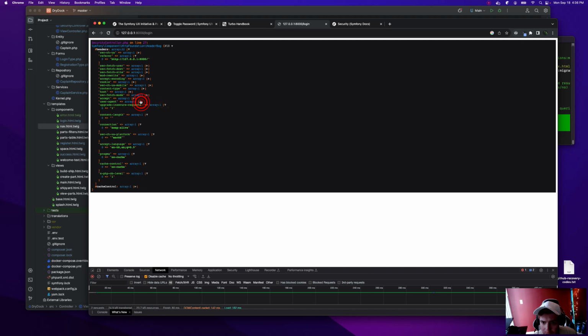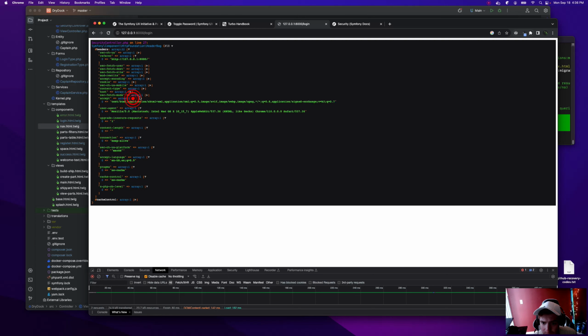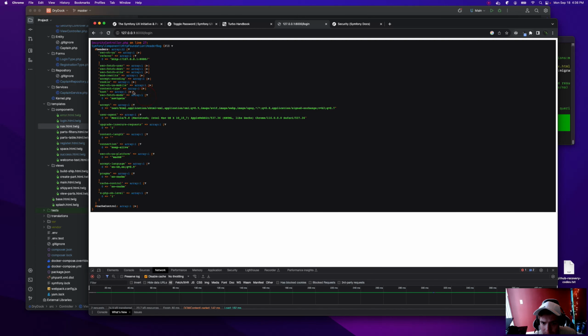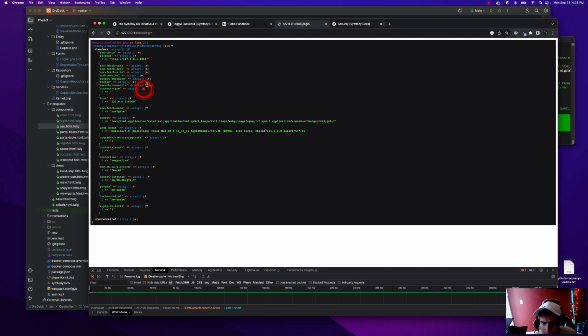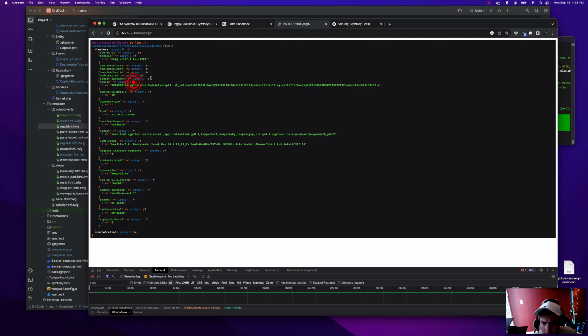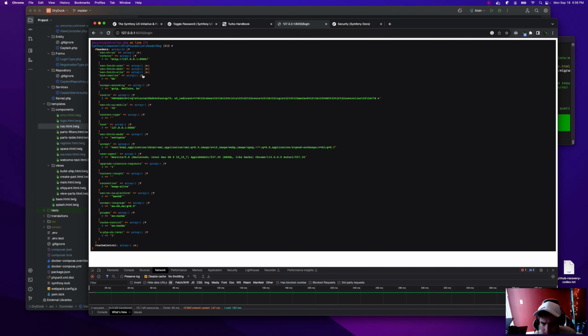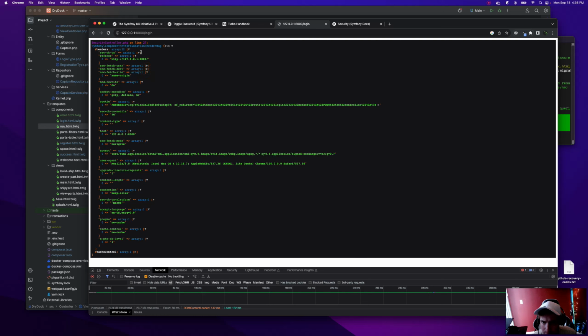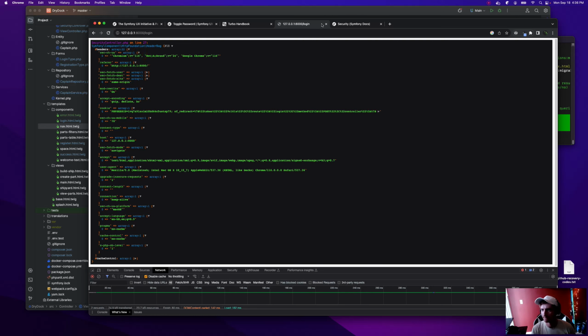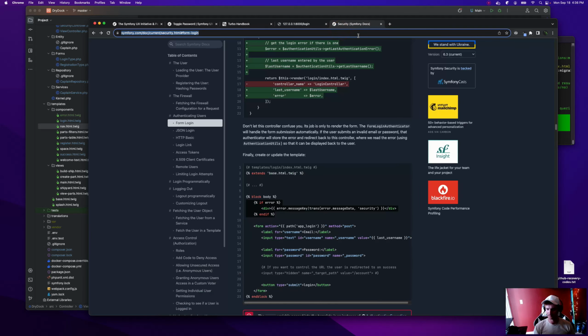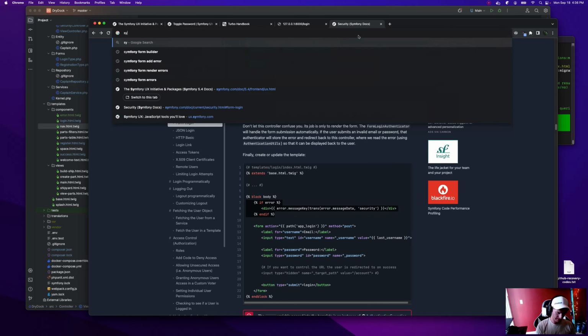I'm not sure what the difference in the headers was, but it's okay. Maybe it was honestly something else, because it's missing something. Symfony.